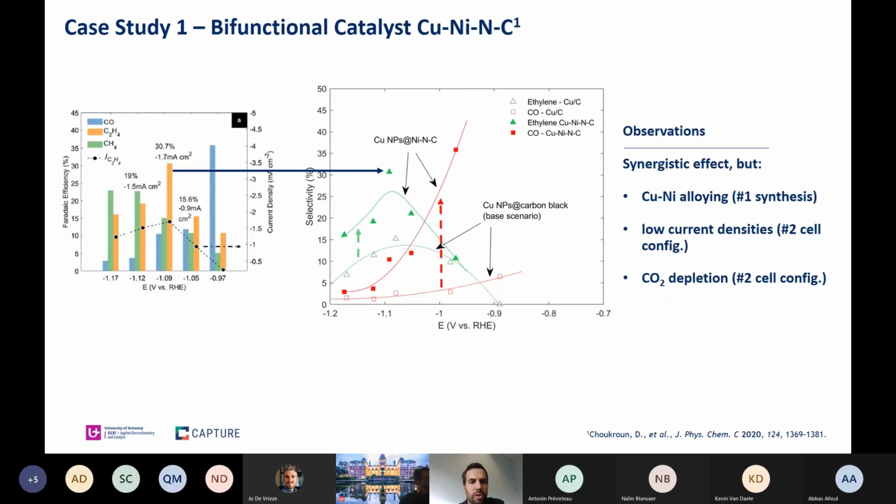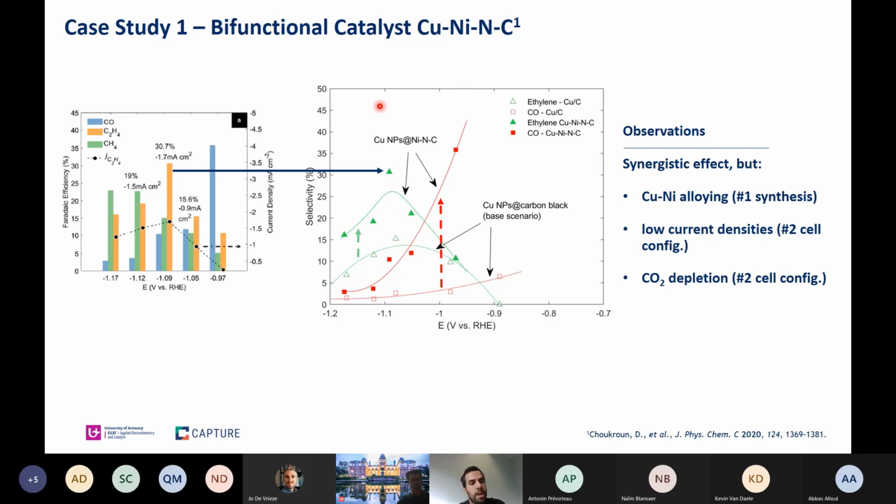And here are the first results of that catalyst when we measured it under the same conditions as in the base scenario. And again, you see here the selectivity as a function of overpotential and selectivity towards ethylene and CO of the bifunctional catalyst. You can see that the selectivity of CO of the bifunctional catalyst is higher than in the base scenario. But when we increase the overpotential, it decreases as well. And at the same time, we see an increase of the selectivity towards ethylene, which might suggest a synergistic action